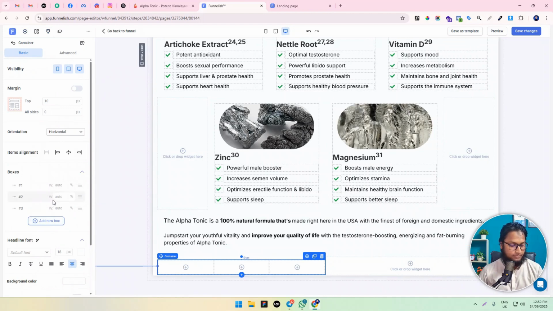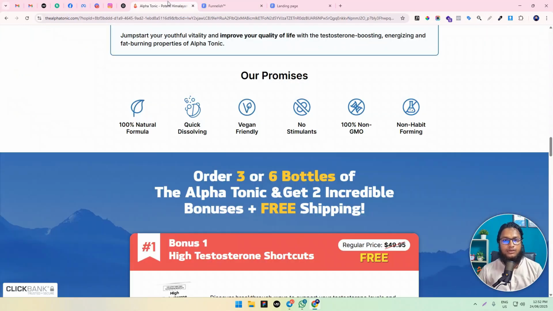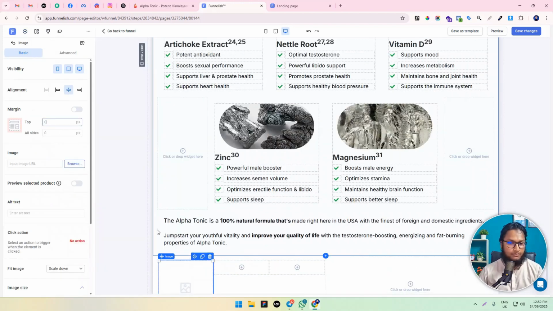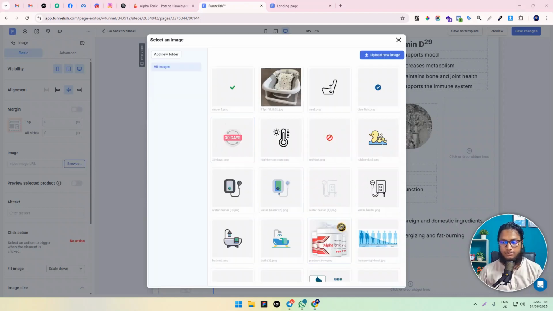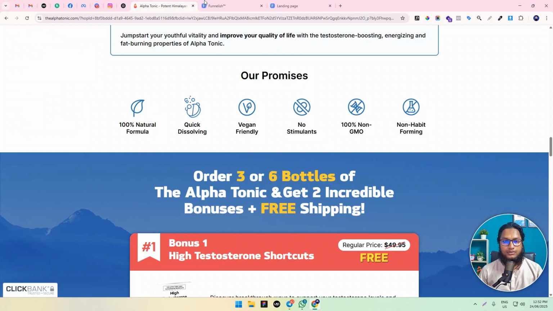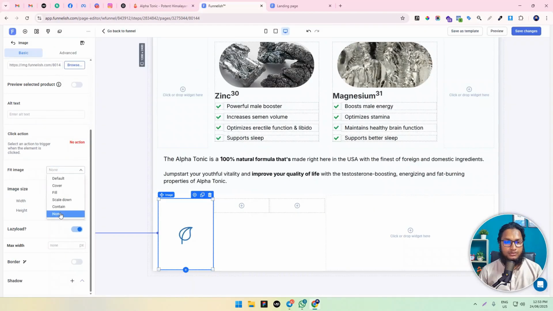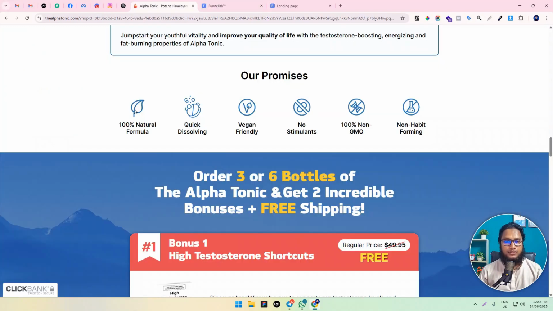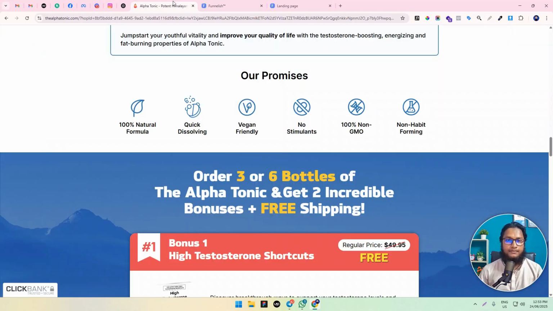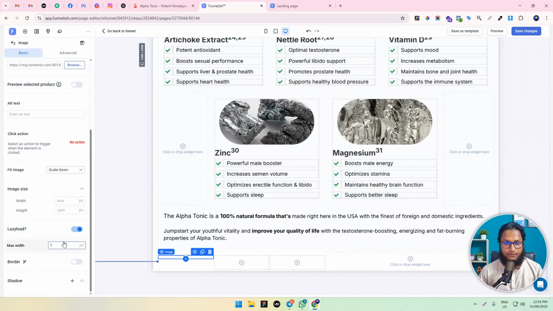Okay, so let's drag a container 3, and this image already have. Let's drag the image. This is the icon and set it contain or scale down. Okay, we need to set a width, like scale down, and set a width around 40 pixel. So max width 40 or 50 pixel or 55. Yeah,